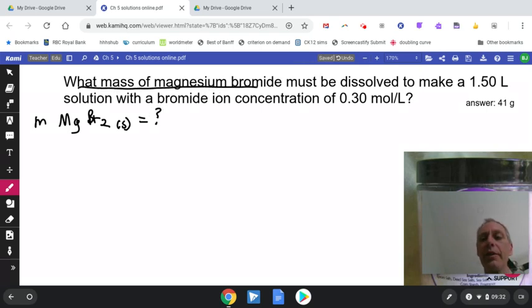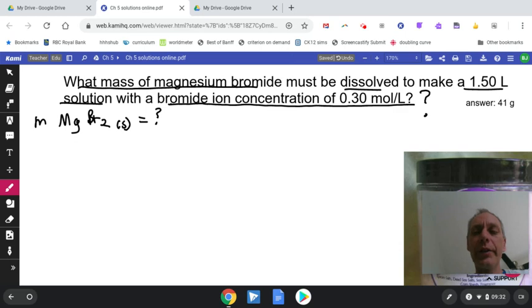Must be dissolved to make 1.5 liters of solution with a bromide ion concentration of 0.30 moles per liter. That's a big question. Okay, so how do we solve this one? What do we know? We have the concentration of bromide ions. We can work backwards to get the concentration of magnesium bromide. Let's start with our balanced dissociation equation, MgBr2